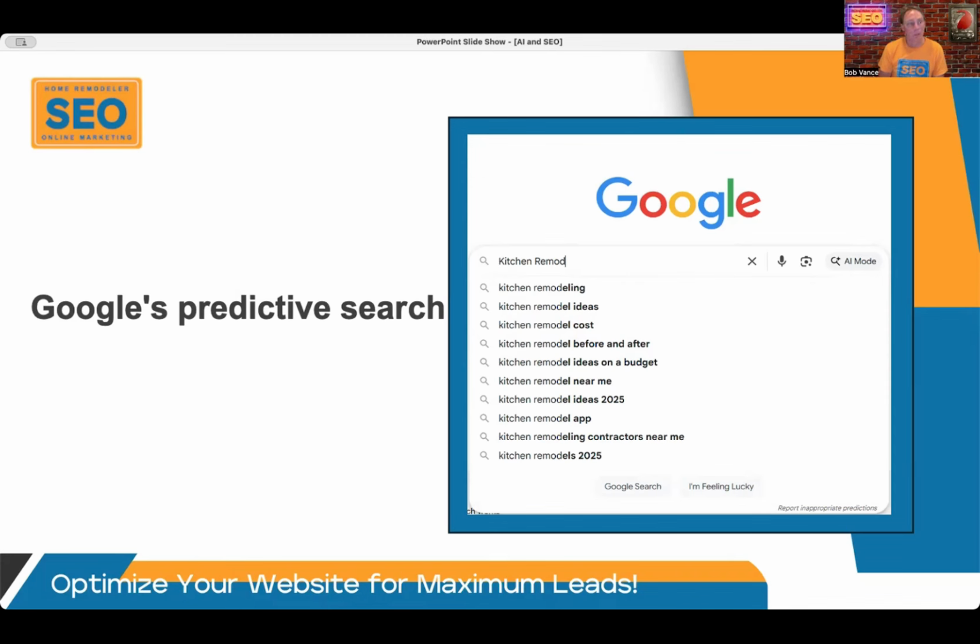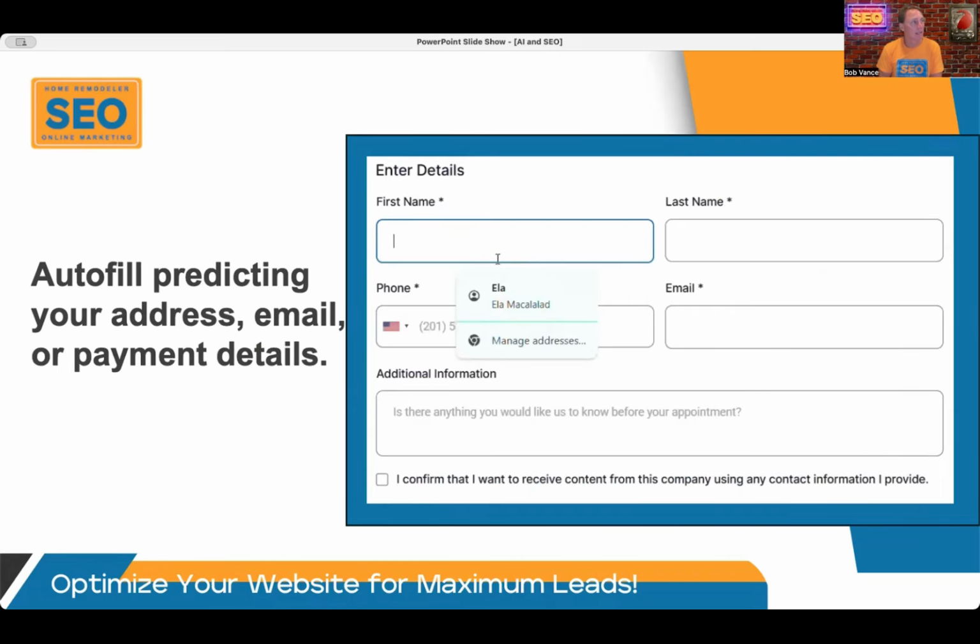So when you look at these Google auto suggest ideas, think about how you use them in your content, in the things you're putting out there on the internet, because that's how you connect the dots between the technical AI predictive UX part of it and the real world. How do I put this on my website and draw more visitors? And then there's autofill, where it automatically starts to fill everything in for you.